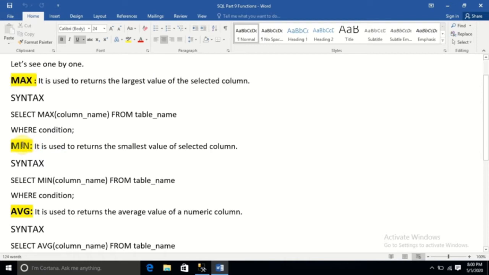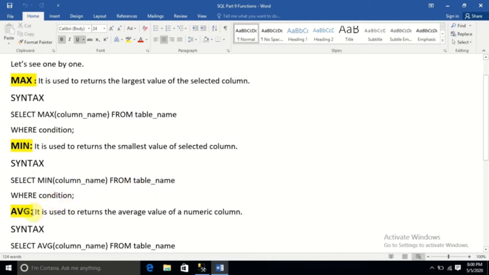The next one, min. Min is minimum. It is used to return the smallest value of the selected column. This is the syntax: select min of column name, from your table name, then where condition.